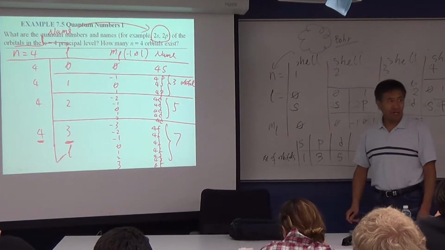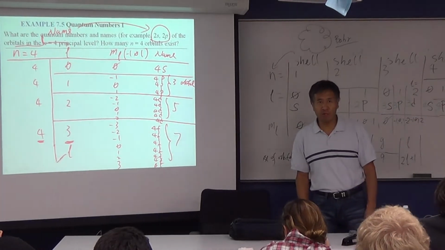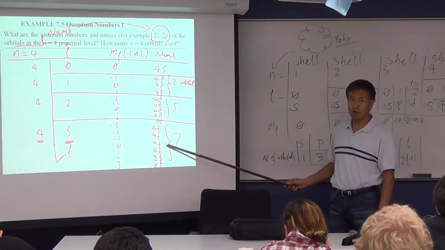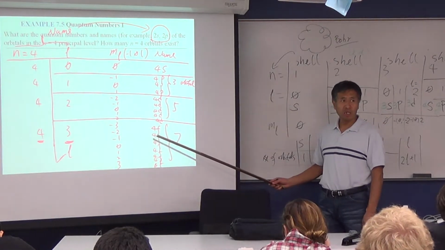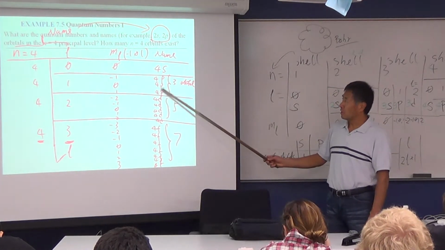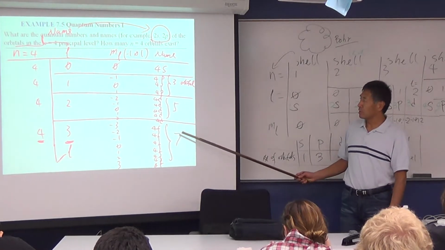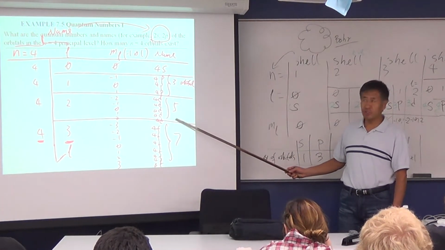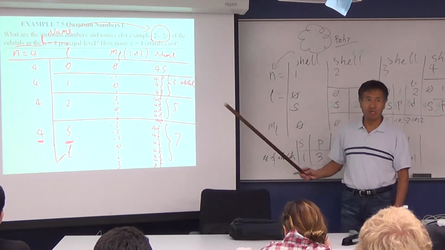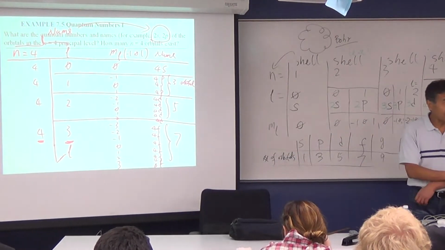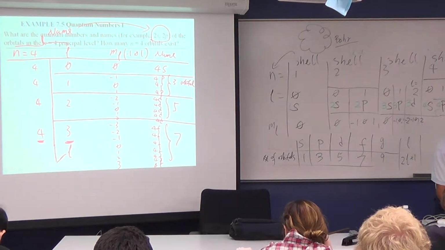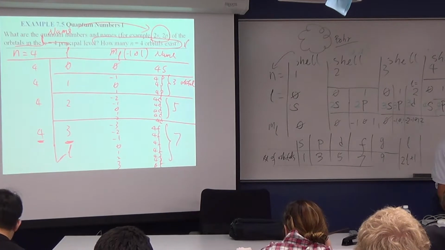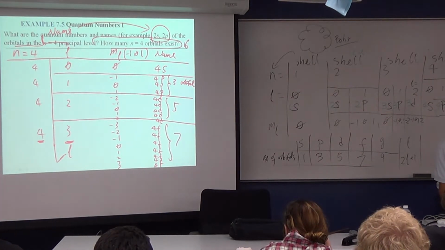Now, once you find out how many for each subshell, for each of those shapes, you can add them together. All together, how many do we have? 7 plus 3 is 10, right? 10 plus 5, 15, 15 plus 1, 16. And there's also a formula that actually calculates this. So how many orbitals in N4? 16. How can I get 16 from 4? Square that.